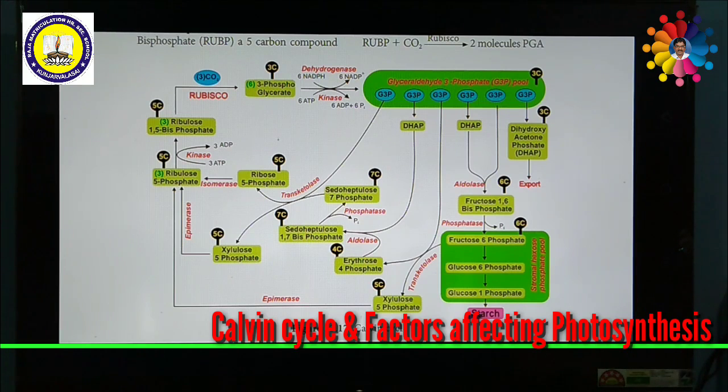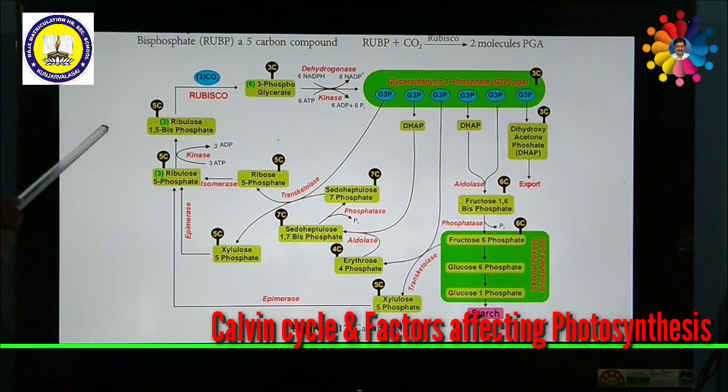This biosynthetic phase of photosynthesis utilizes the assimilatory power which is produced during the light reaction, that is ATP and NADPH2, which are released during the light reaction. With the help of it, carbon dioxide is reduced into carbohydrate. This process is called dark reaction. As this reaction does not require light energy, it is called dark reaction. So in this process,